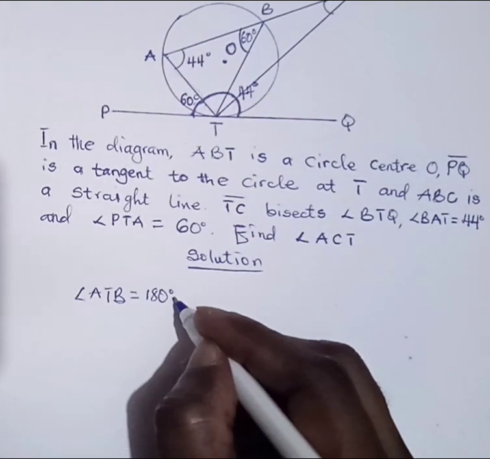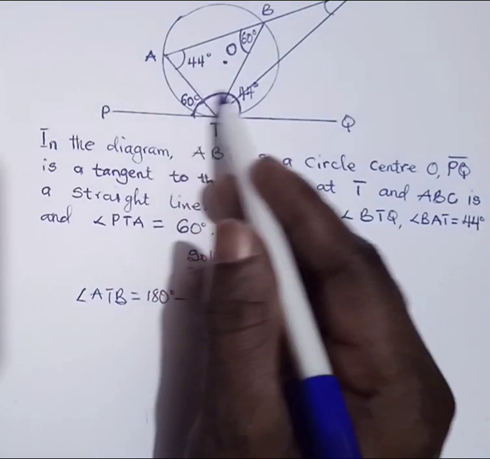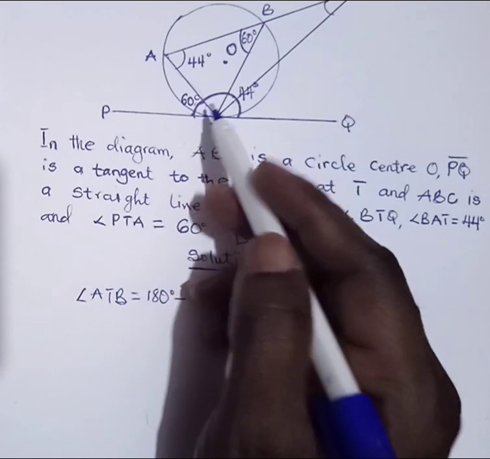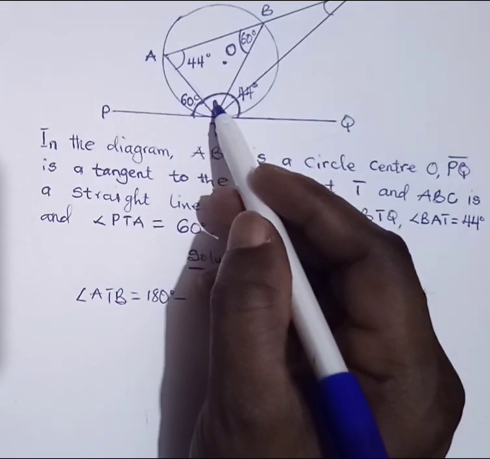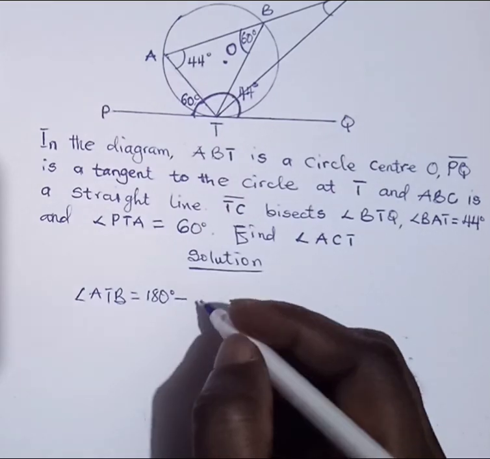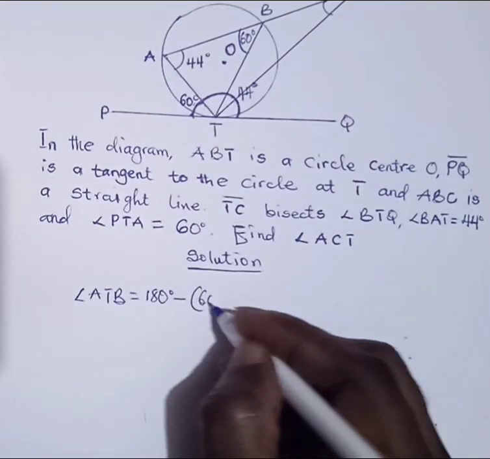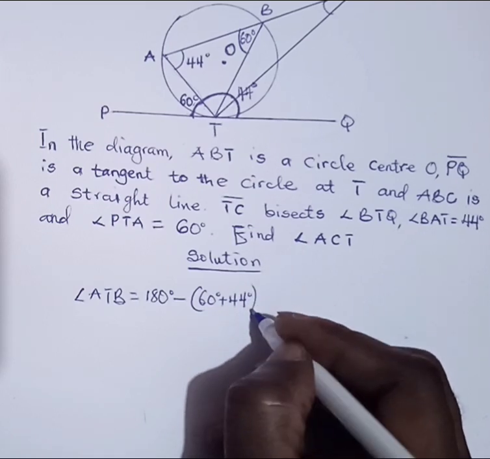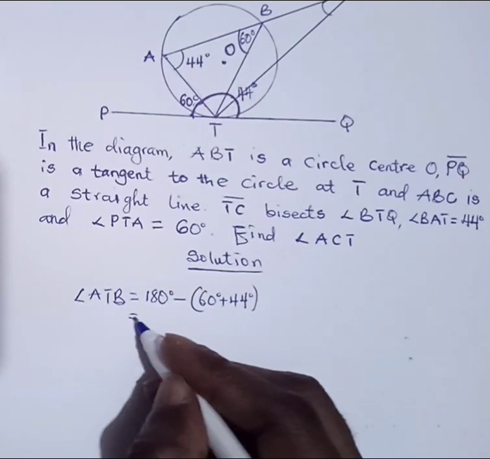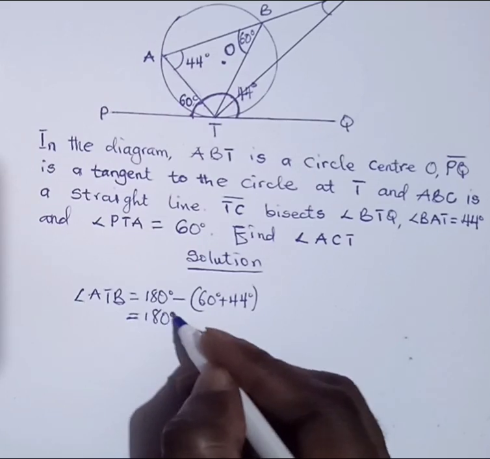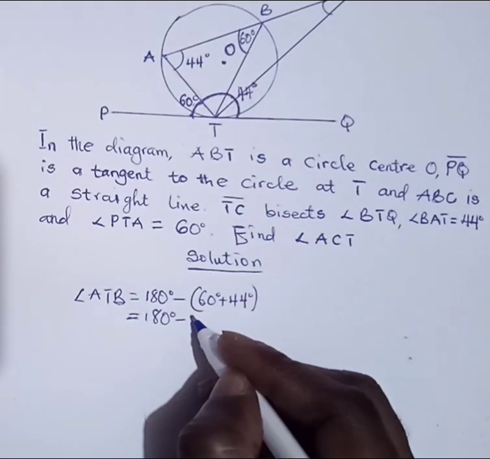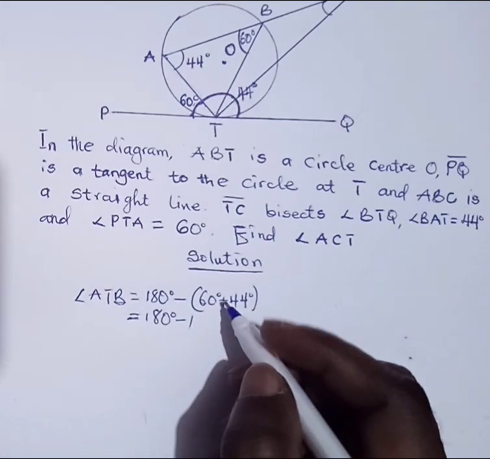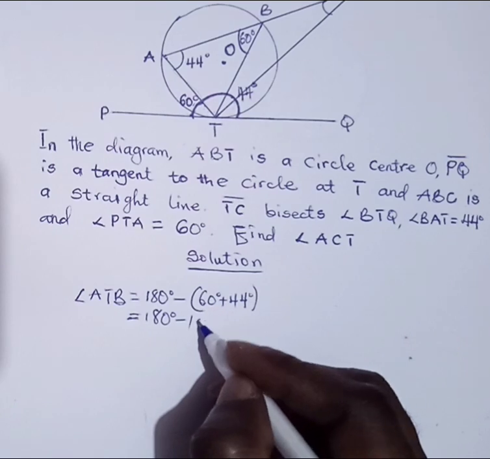180 degrees minus, because at the end of the day, if we sum this out, we need to take away from what? 180 degrees to be able to get this angle. Have you gotten that? Good. So we are getting 60 degrees plus 44 degrees. So this gives us 180 degrees minus, so this plus this gives us 104